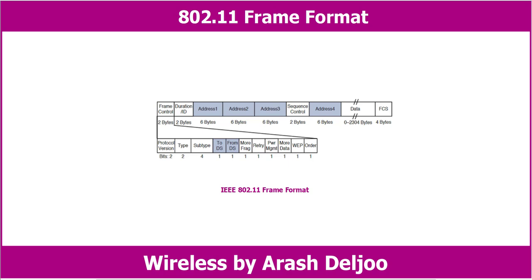maximum payload of 2304 bytes in length. The frame begins with a 2-byte frame control field, as you can see here, which identifies such things as the frame type and the direction in which the frame is traveling as it moves from one wireless device to another. I will explain it in more detail. The 802.11n and 802.11ac amendments allow frames to be aggregated and sent as a single unit to reduce overhead and increase throughput. Let me explain a little about this IEEE 802.11 frame